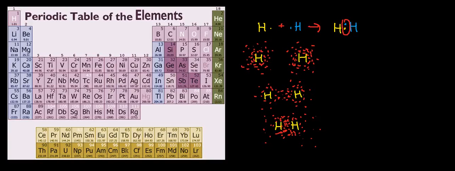Covalent bonds are a type of chemical bond where electrons are shared amongst nuclei. So this is an example of hydrogen. Hydrogen has a single electron, and in order for it to achieve a noble gas configuration, it needs to gain an electron. So let me just talk generally about